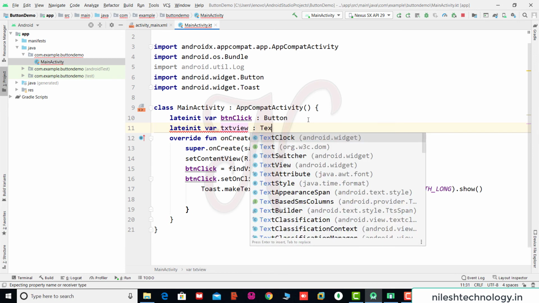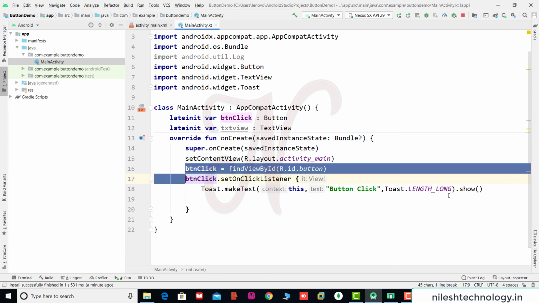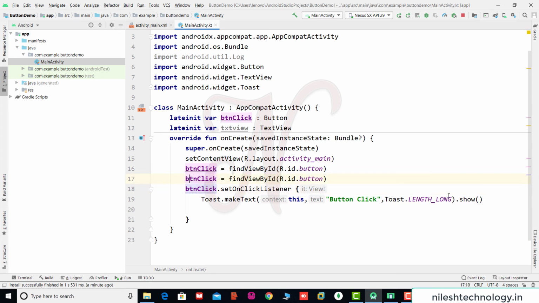So this is the text view. So see here, it imports this TextView component. Then again by using findViewById, we map this text view object. Your id name is textView.